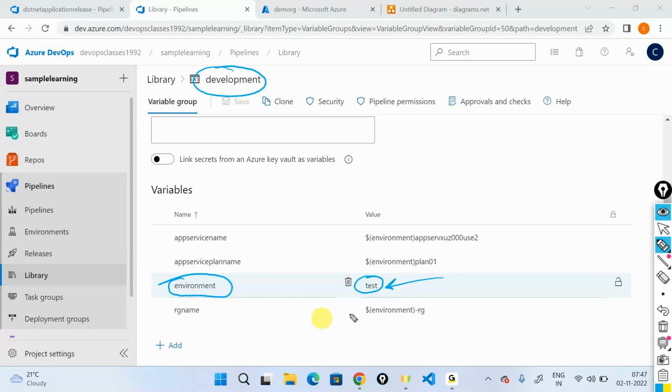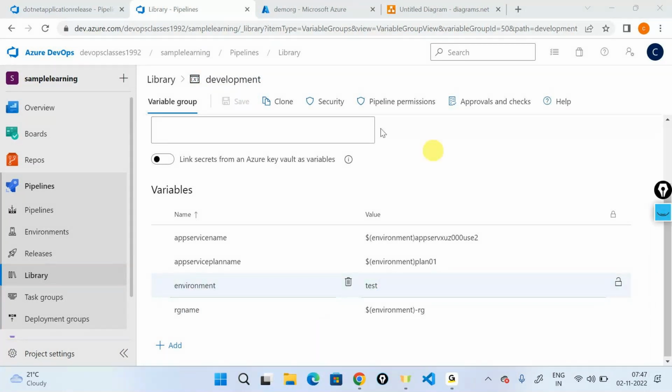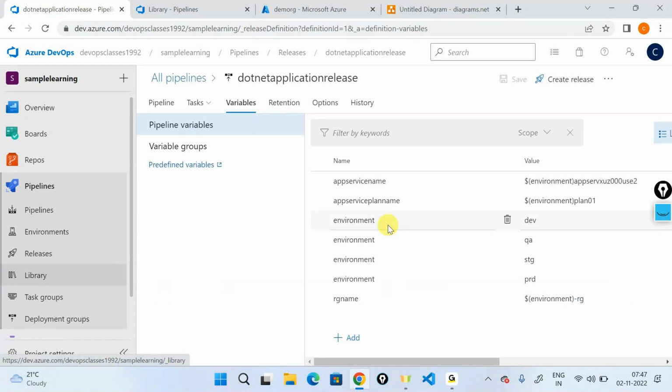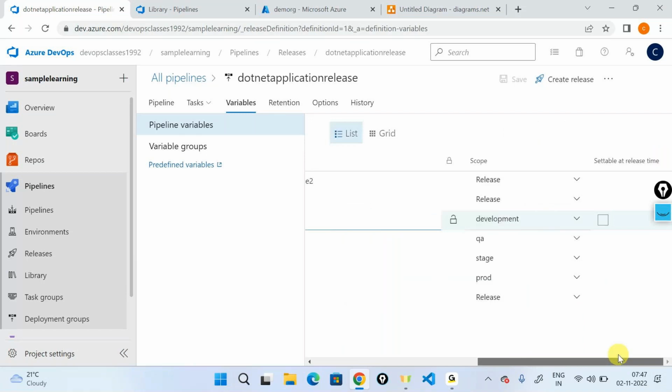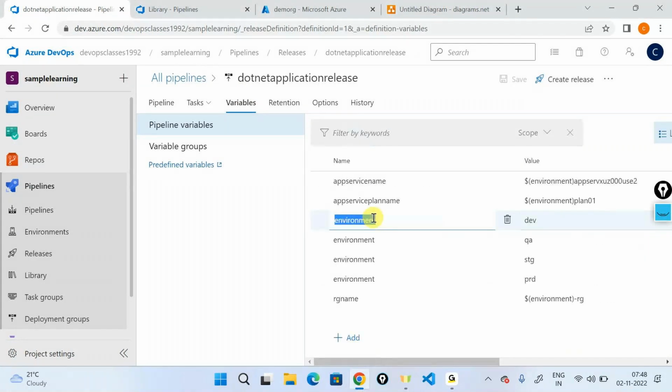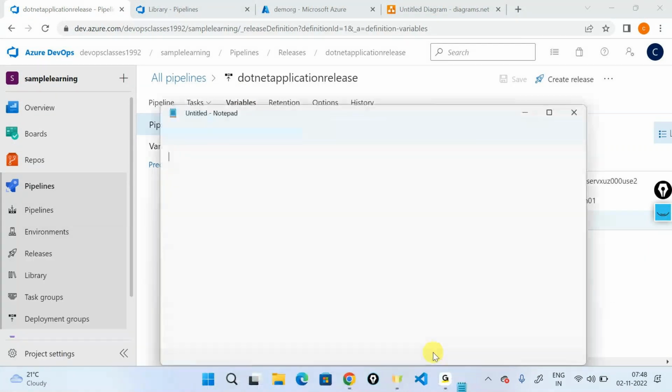Now I have the same value called environment to be dev, which is scoped to, let's say, development, and which is declared as a pipeline variable. So both have the same key called environment. This is what I have right now. Same pipeline, but I have a key value pair called environment with value dev,